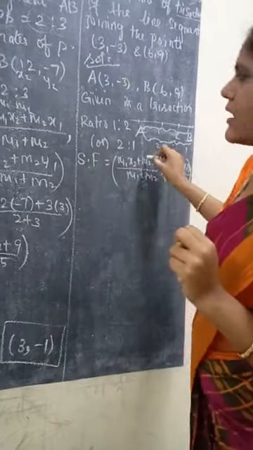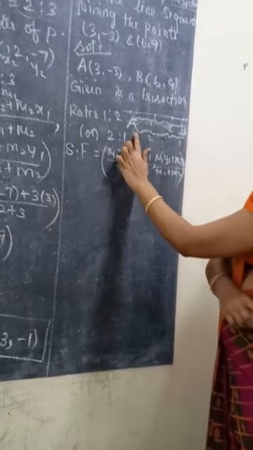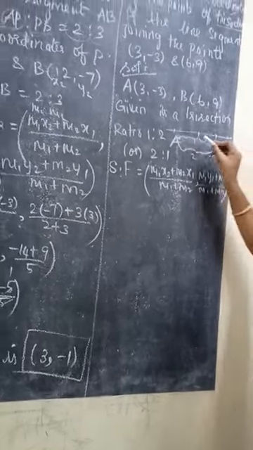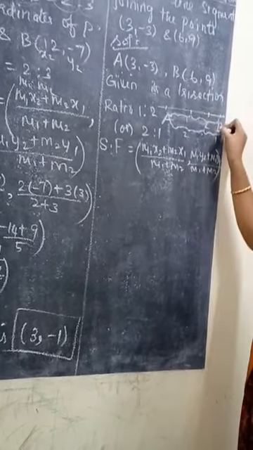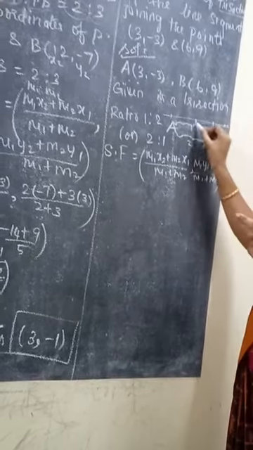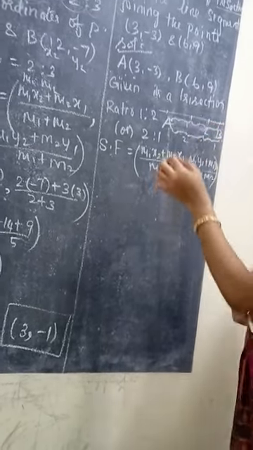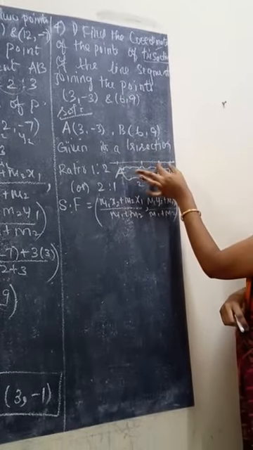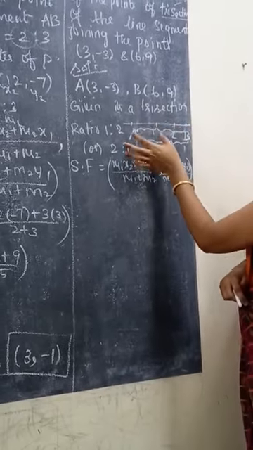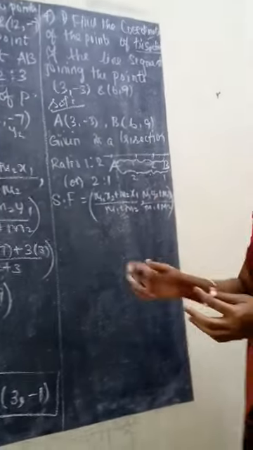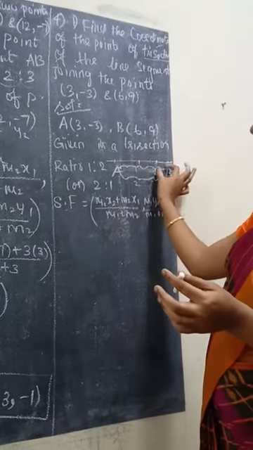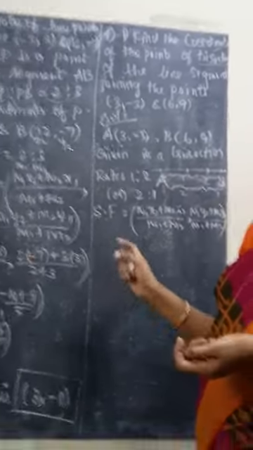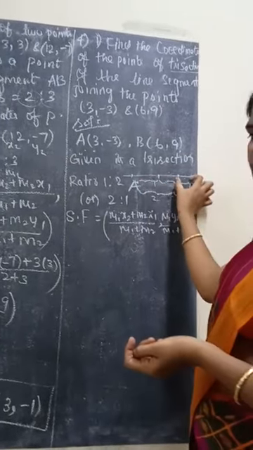Okay, listen, the diagram. This is A point. It's very important, listen. This is A point. This is B point. So for trisection between A and B we need 2 points. So these are the 2 points. First part, this is second part, this is third part. So how do we split the ratio in a trisection? Listen. 1, 2, we have 3 parts. This is 1 point. These 2 are 1 point. So 1, 2, 3.